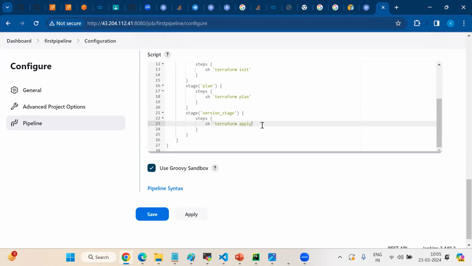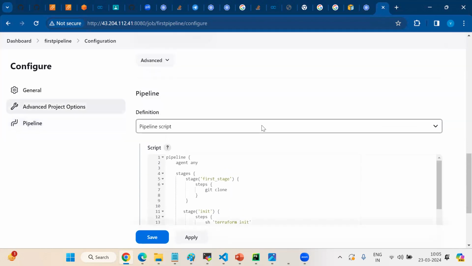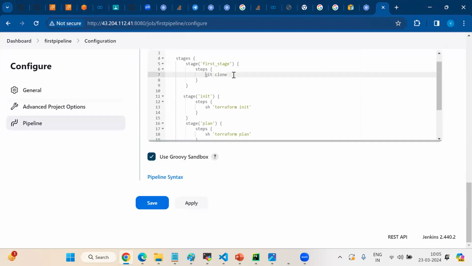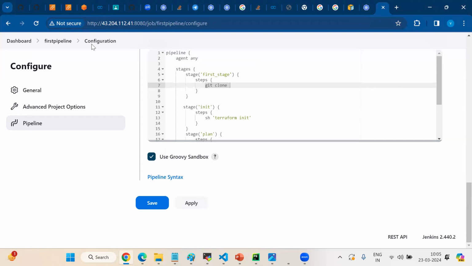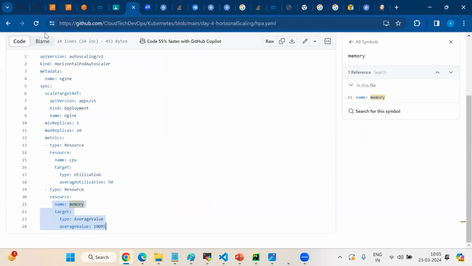Clear now? First stage, it will clone from Git. Second, it will run your Terraform on that cloud. Is this clear? Okay. Now, git clone means I need to place my Git URL here. Clear or not? So for that, you just go to any Terraform